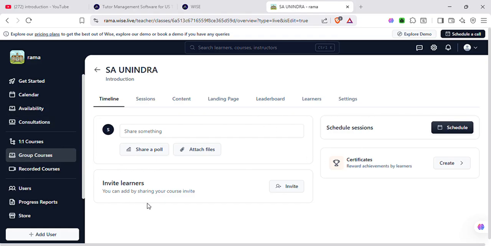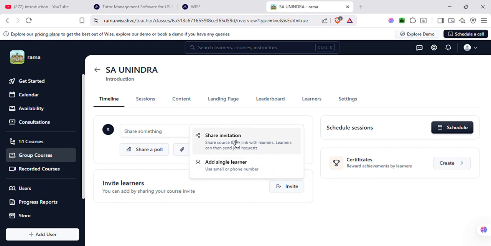The next step is to invite students to join the class. So first, click the invite learners button here. Then select here, click it, and then select share invitation.